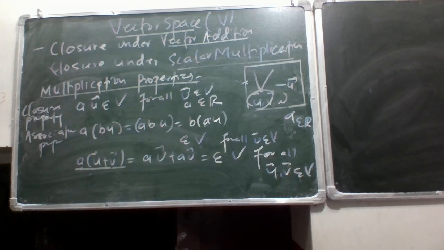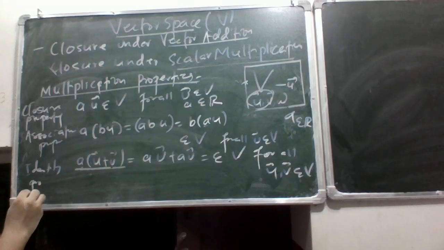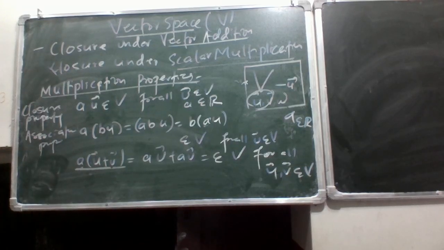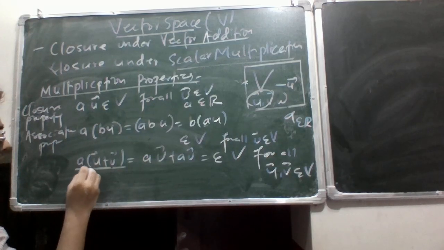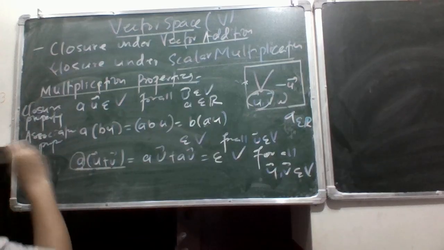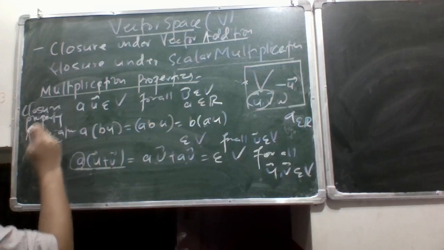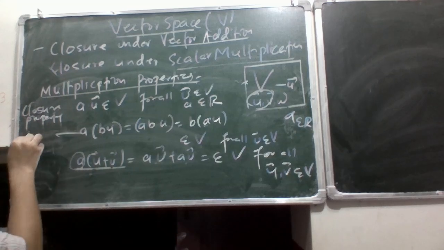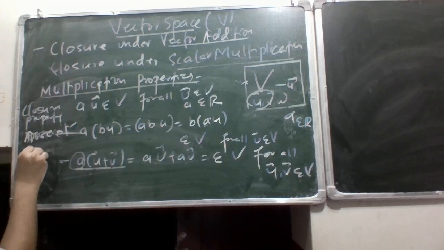Now there is a last law which is called the identity law or identity property. Oh, wait a second. Okay, there is another thing which is called associative. So this is called the associative property of vectors, since a scalar is associated to two vectors, right? Sorry, not associative, but actually this one is called distributive. So distributive